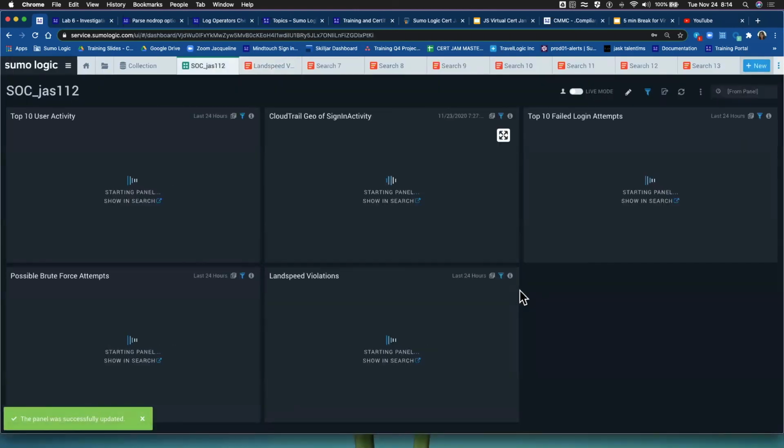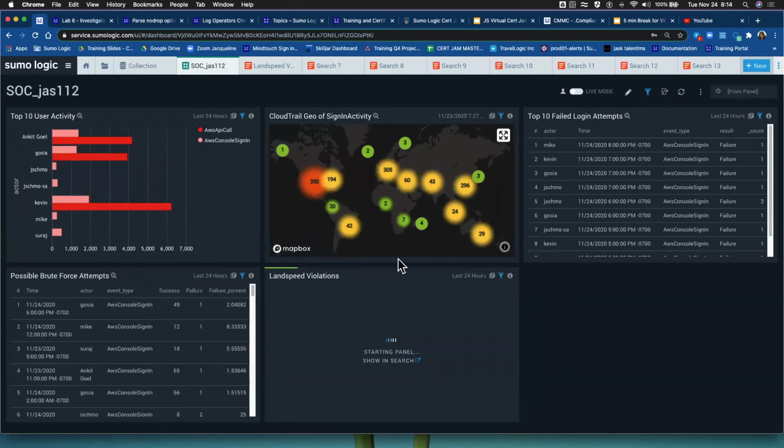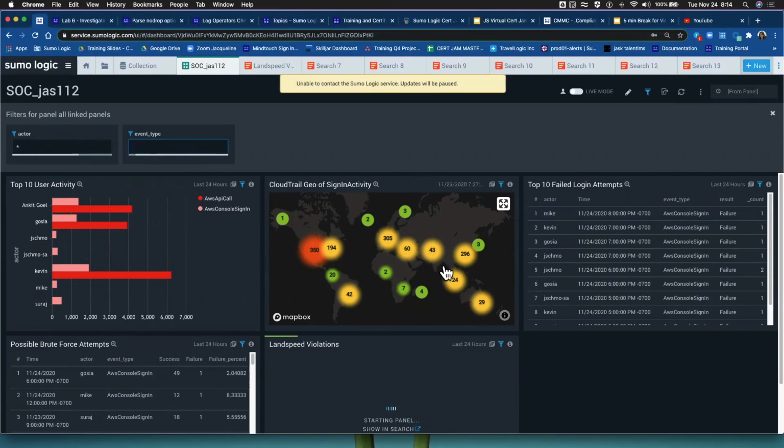Now, the reason why I'm using them all as common is because, once again, when we look at all of our incoming log messages, and I know that these are using Amazon CloudTrail for the purpose of these labs, you can use that centralized log management, and then you can come in here and pivot at a very high level, and you can change the actor, and now we have the event type if I delete this one, you can now pivot to whatever you want. You just have to go through and customize these all as lookups, okay? So